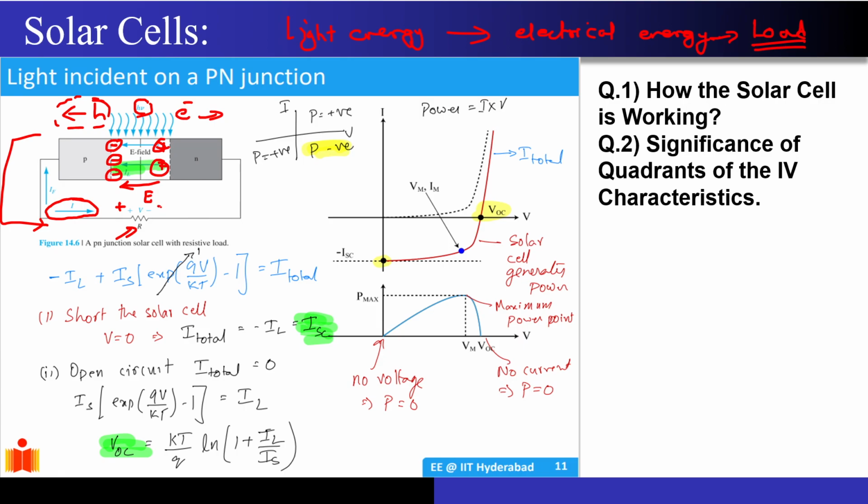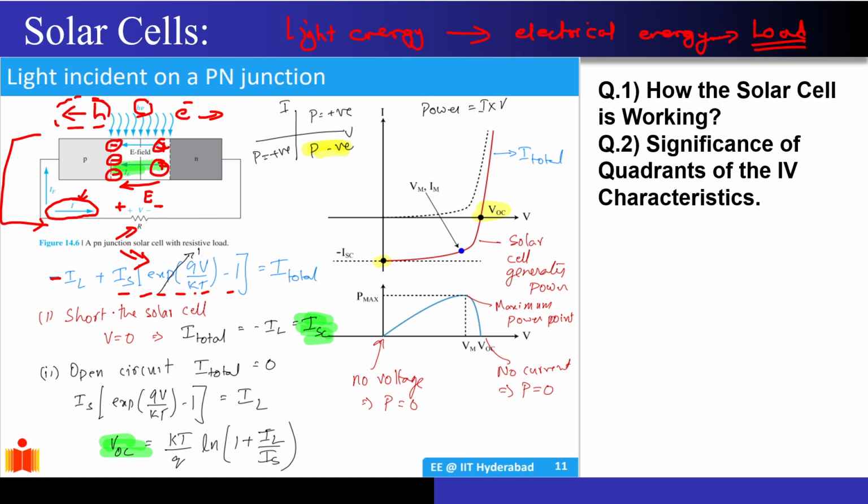Correct. This will be positive, this will be negative. Now because of the potential that is developed across this load resistor, you can see that my PN junction is getting forward bias. When the PN junction gets forward bias, it will generate the current according to this particular equation. So the net forward bias current that I will be having is of course this current, but along with that I have to subtract this photocurrent from here. That is why a minus IL is coming over here.